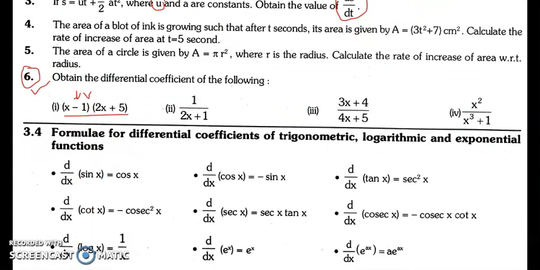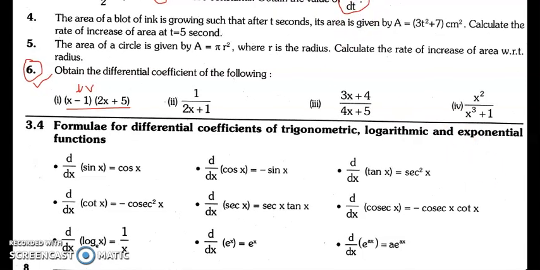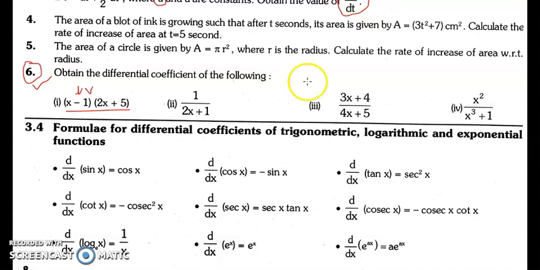Now let's come to the next part of derivatives, that is a few more formulas that you need to remember. Of course, these have derivations, and the derivation part would be done in mathematics in detail. But for the physics part, this much is required, so you will remember the formulas.